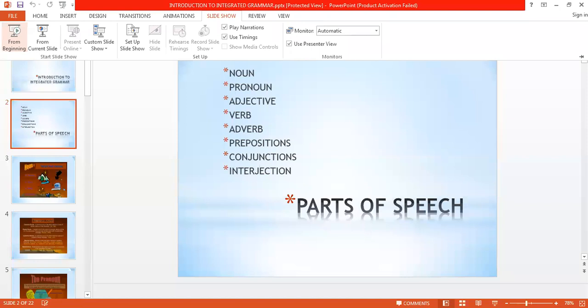Linking verbs make a statement by connecting the subject with a verb that describes or explains it. He has been sick. Now, let's not talk about these linking verbs first of all. Let's talk about the other verbs, like the verbs of being. Is, are, and was, were, shall be, will be. These are the verbs of being. It tells us about the state of being.